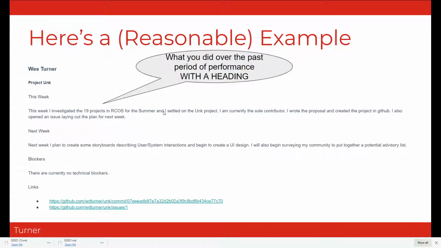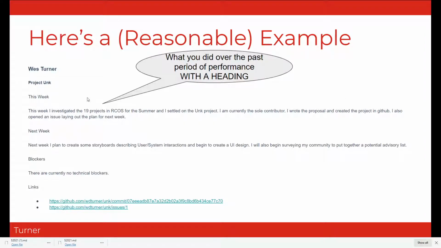Notice that I have this in 4 sentences. This is kind of the minimal level that we expect. More is great. Less is probably not so great. If you want to say you investigated something, fine. What did you investigate? What did you come up with? And then give me some details about how that feeds into what milestone you're currently trying to attack, or what part of the project it fits into.